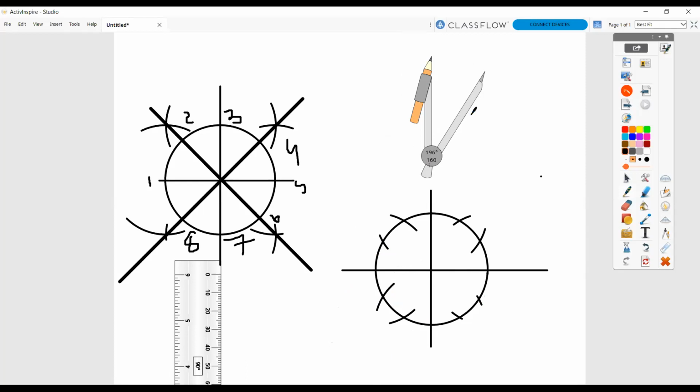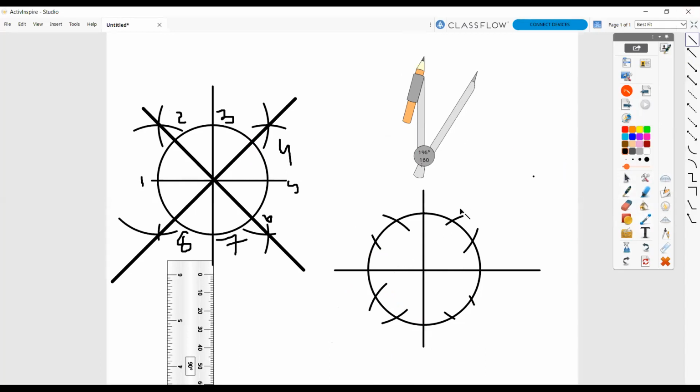ये क्या हुआ? Circle के 12 equal division. You need to draw the lines, very thin lines actually. यहाँ पे भी मैंने ये line जो है वो thick बना दी है, लेकिन क्या करना है? Thin line बनानी है, right? Because these are the reference line like this, okay? But thin lines.